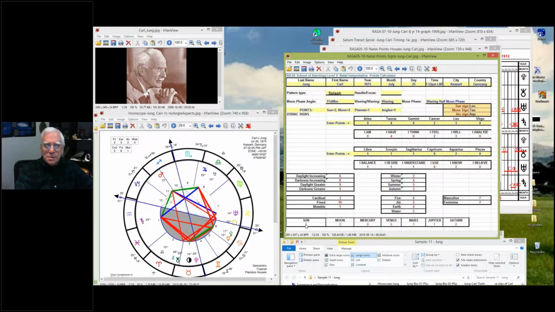The rulerships, the sun rules 3 points, moon 2, Mercury, it doesn't rule anything. Venus rules 5 points, Mars 1, Jupiter 1, Saturn 2. So if his emotions are good, if he's liking himself, his good feelings are going to guide and affect 5 planets. 5 points. Moon counts for 2. But if he's not feeling good, if he's having envies or one of the difficult Venus vices, envy, vanity, whatever, all these things will have a significant effect on 5 planets and on his behavior more than anything else.